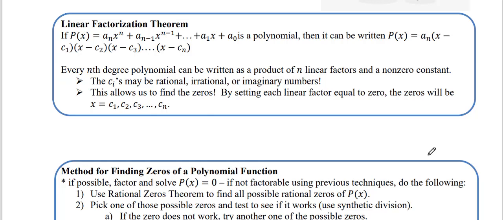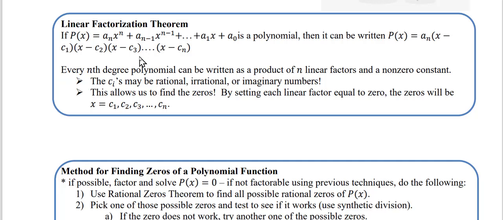The linear factorization theorem is pretty helpful because what it tells us is if you have this polynomial, this is our standard form of a polynomial, right? We can always write it as a sub n, that coefficient that we have on the leading coefficient, times x minus some number, times x minus some other number, times x minus, however many n numbers you need to do if the degree is n. The problem is that we don't know what those numbers are, those c sub i's, c1, c2, c3. We don't know what